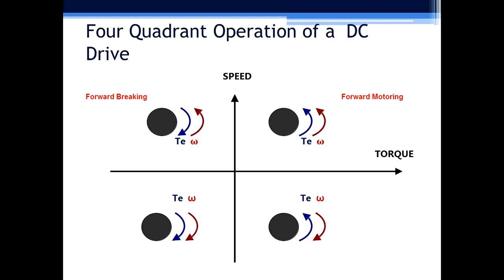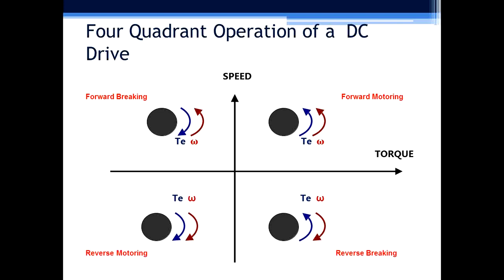And in case of a chopper, we cannot make voltage negative. In that case, the direction of current is changed. So in order to reverse the power flow, you have to have a power converter whose voltage can be made negative or whose current direction can be made negative. In a chopper, by changing the direction of current, you achieve braking, and in a control rectifier, by making the voltage negative, by setting alpha more than 90, you achieve this forward braking mode.